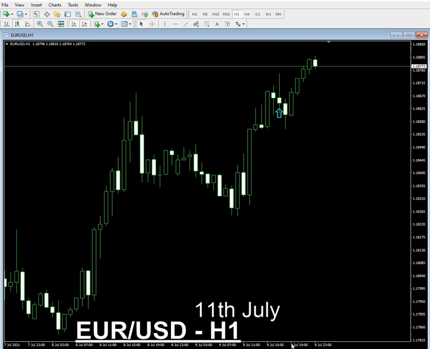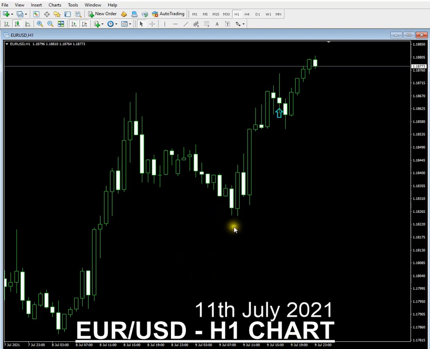So this is a very quick analysis of the Euro USD. Currently it's the 11th of July 2021, so it's a Sunday and the markets are currently closed. So what can we expect from the Euro USD for the coming week? Well,